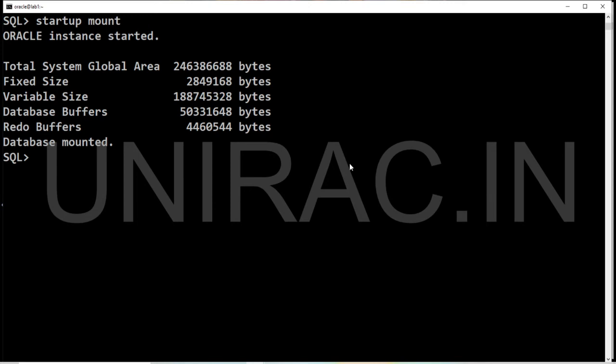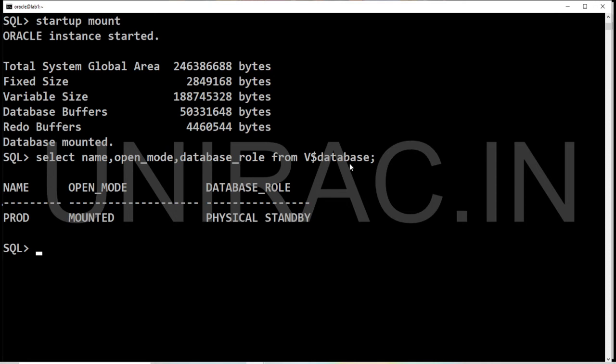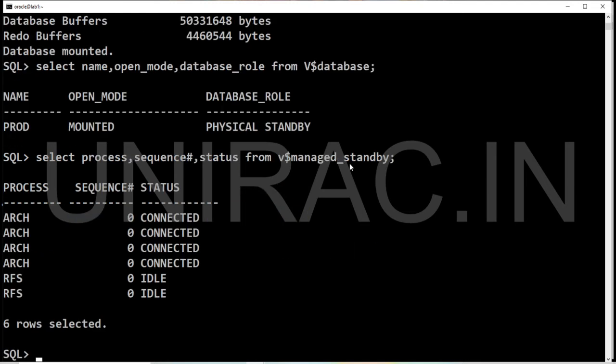Now we'll check the process; the MRP process will not start yet. So the physical standby is in mounted state now. We can see only RFS is up, not the MRP.